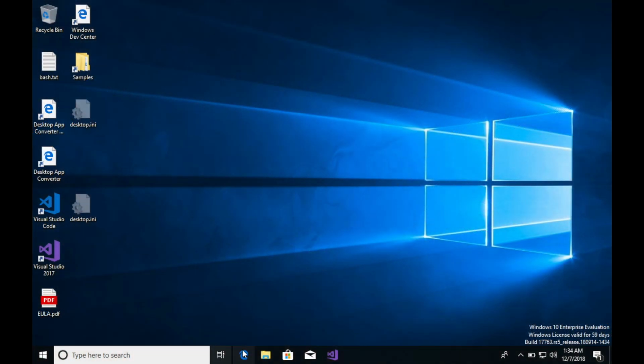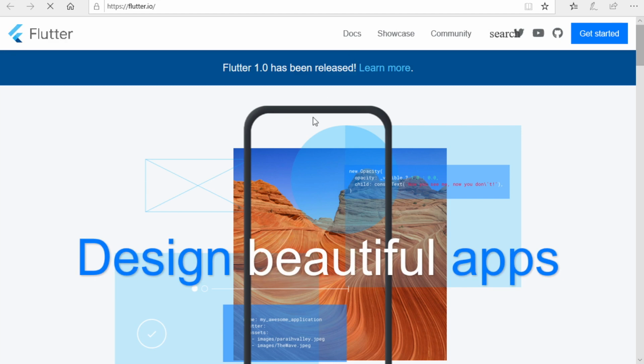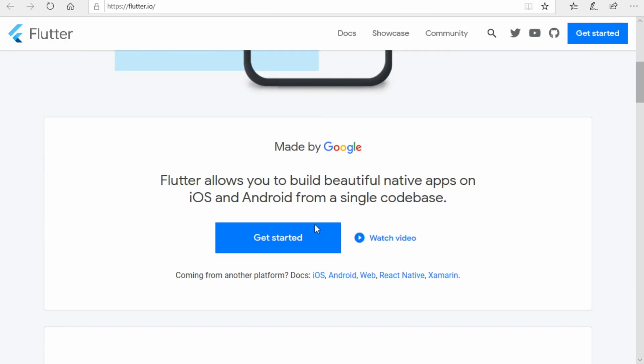Hello everyone. Today I am going to show you how to install Flutter on Windows for Android Studio and Visual Studio Code. First, on your browser, go to flutter.io, choose the Get Started